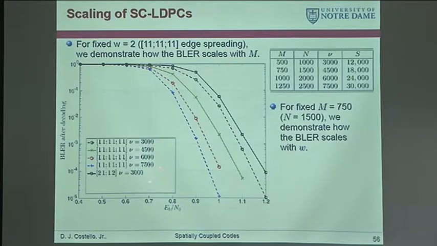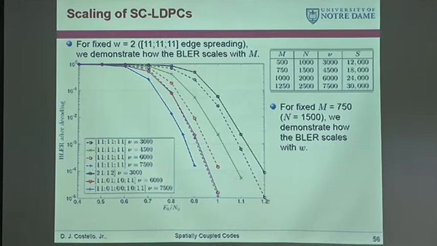The second one, if we go to the w equal 2 protograph here, it's actually the same as the second curve here, so there's no difference in that one. The third one, w equal 3 now, has a 6,000 constraint length. We're comparing that with the w equal 2 with a 6,000 constraint length, and we see the performance is better